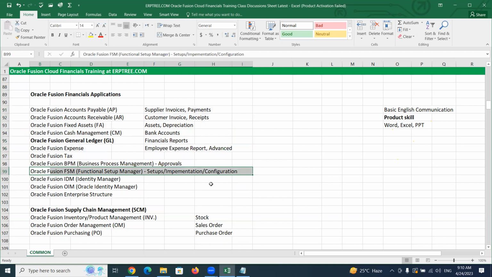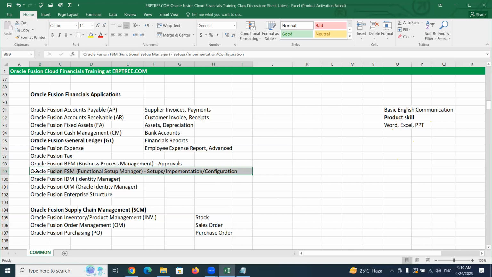Before the business goes and uses it, they don't know how to use it. You know very well how to set up and how to use. This is what we are going to learn. Once you know how to set up and how to use, when it comes to the client, you are not going to teach the client how to set up. If you teach them how to set up, you aren't required in that position. They can set up and use, they can just manage that. You are going to teach them how to use, but you know how to set up also.